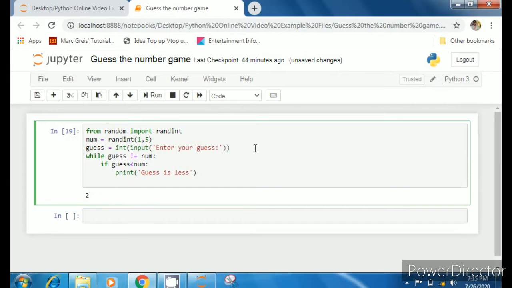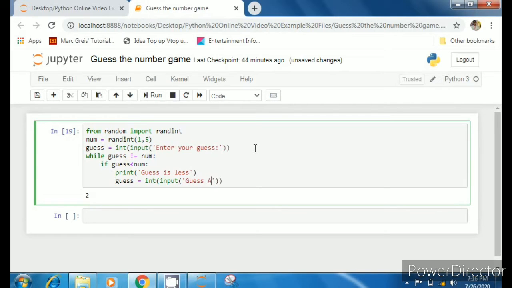And I want the user to play again. You can at this point ask your user to leave the game as per your requirement. Now I want him to play again and again till he gets the correct number. So I'll overwrite my guess variable and write guess equal to int input and say a message, guess again.